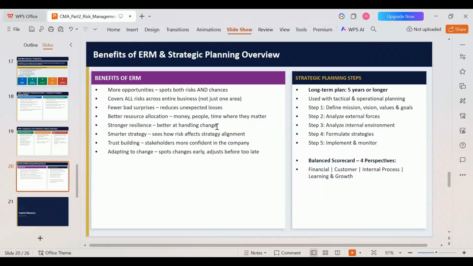Then trust building. This is important. When we take the example of a company, there will be many stakeholders involved, and we have to build trust among all of them. Whenever these stakeholders are involved, if the company is facing a lot of risks, their trust will be reduced. Nobody will trust a risky company which is not sure whether the business will exist in the coming year or not. If the risk of the business is to such an extent, then trust usually will not be there on the part of the stakeholders.